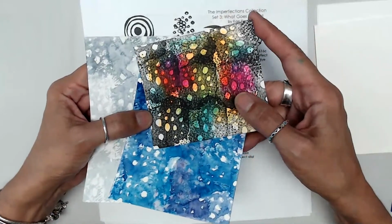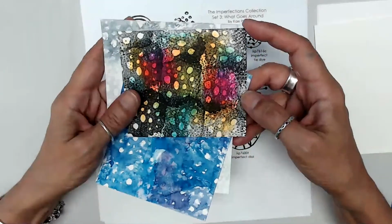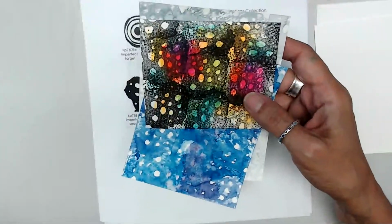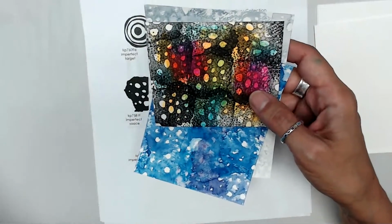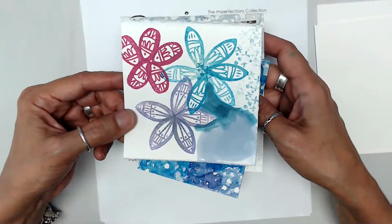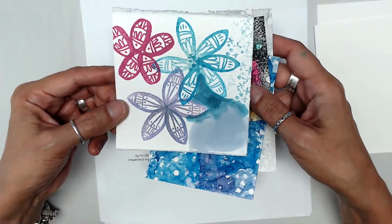And a lot of it I just want to do quickly and just to see. And that's a fun way to experiment too. So I hope you do that whenever you get your stamps. And I will pull out the whole stack. But it's literally stuff just like this, okay, where it's a mess, but I'm just seeing what the stamps can do, playing with,